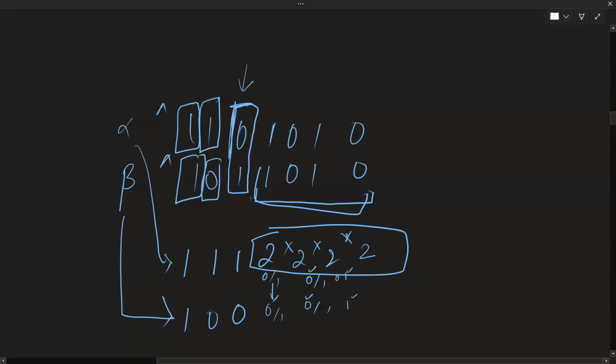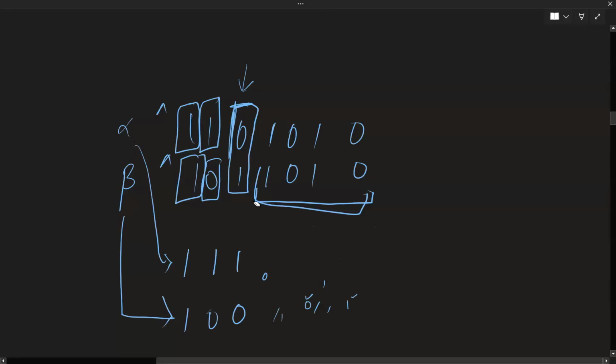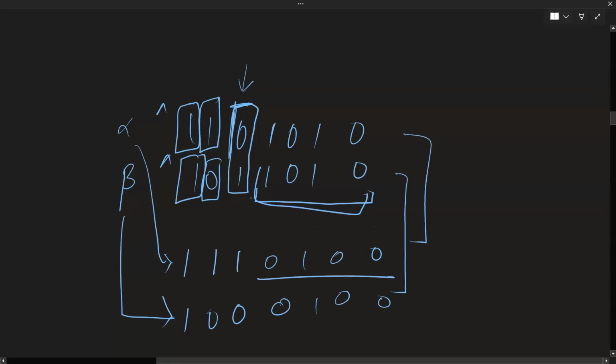Why? Whatever you decide to have in this place, you'll have a 0 1 1 0. Here also you'll get 0 1 0 1 1 0, and you can take XOR of these two and these two, and you'll get the same thing. Otherwise, maybe you can have a 0 here and a 0, and again you'll get the same XOR. Basically, the last four places can have any bit,